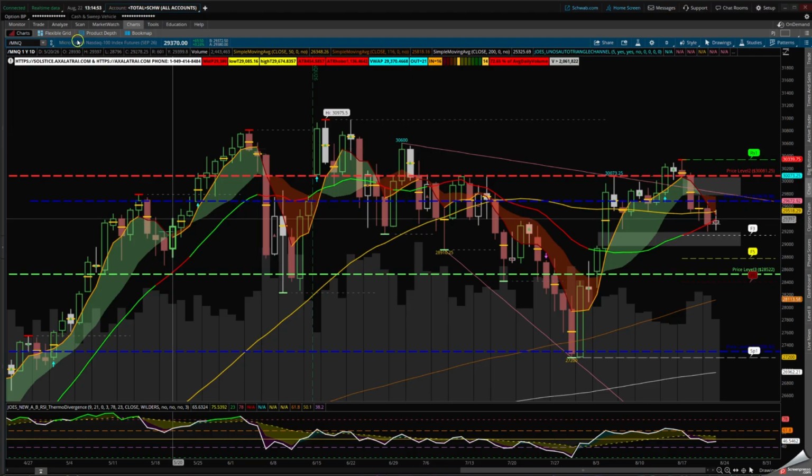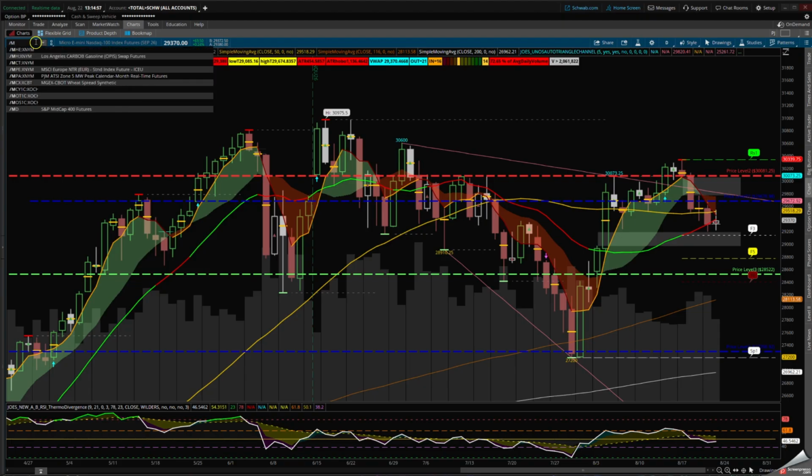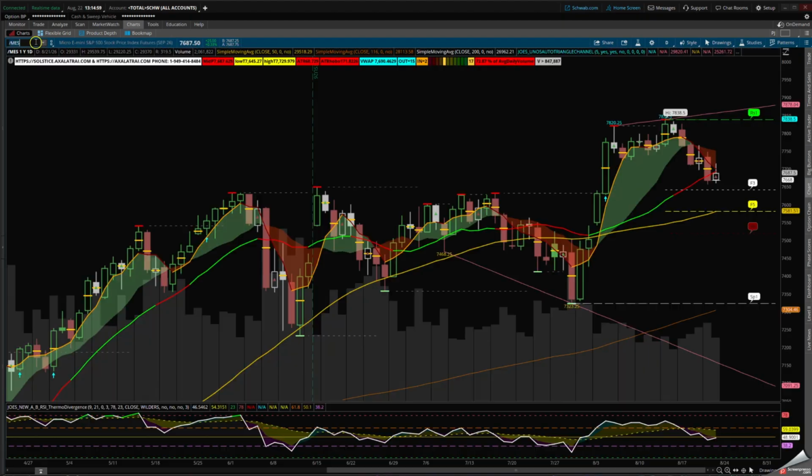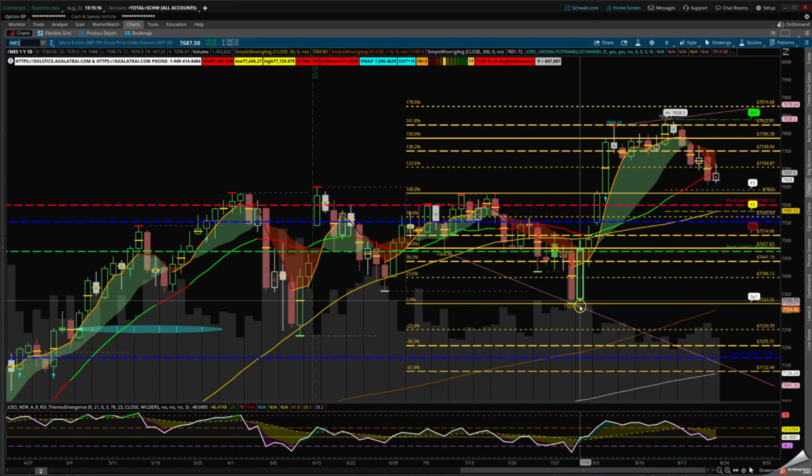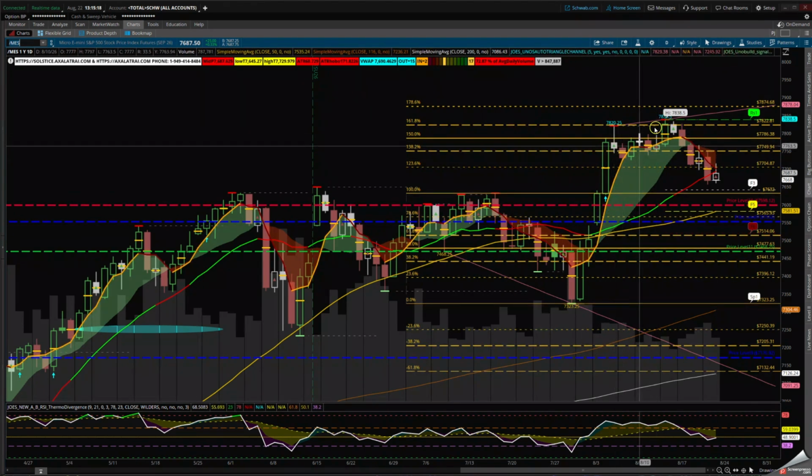Let's go next to the S&P 500, and what I want to do is use the micro ES to show you those levels at the same time. I do have the monthly. You can see here I have that prior high that happened in June. This was the rally back up, the little high. Then we had the July double top, the dump. Then we had the rally in August.